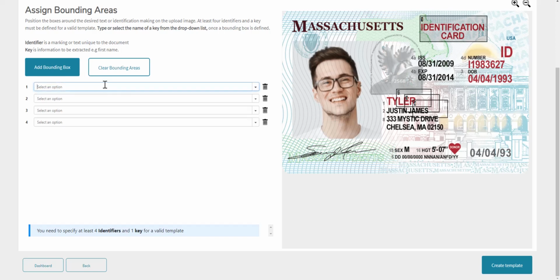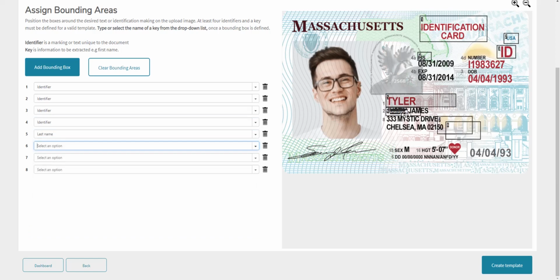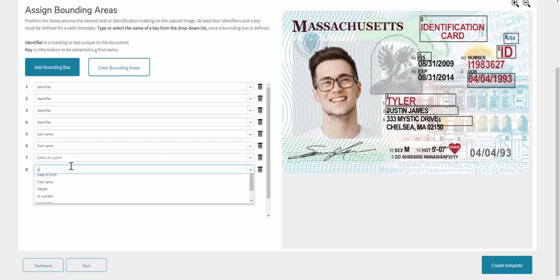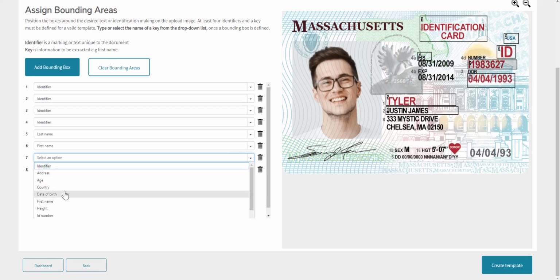I'm going to set up some static parts of the card and also select the so-called keys, which are going to be the variable information we will want to collect from the IDs of the users. In this example, I'm going to use the most basic inputs that every application needs regardless of the product. And these are last name, first name, date of birth, document or card number, and gender. Once I have configured all of these, I'm going to save the template,